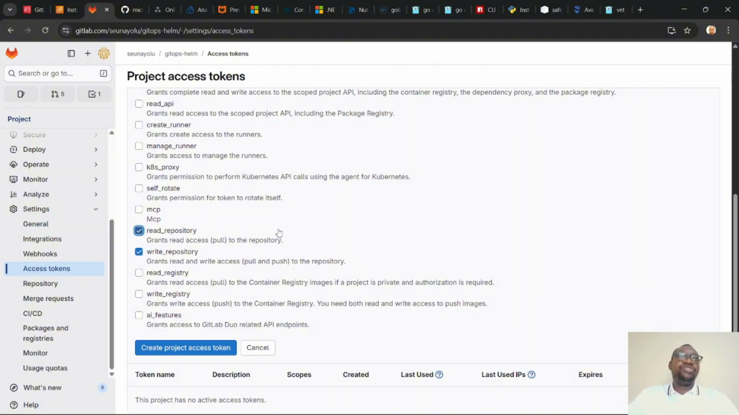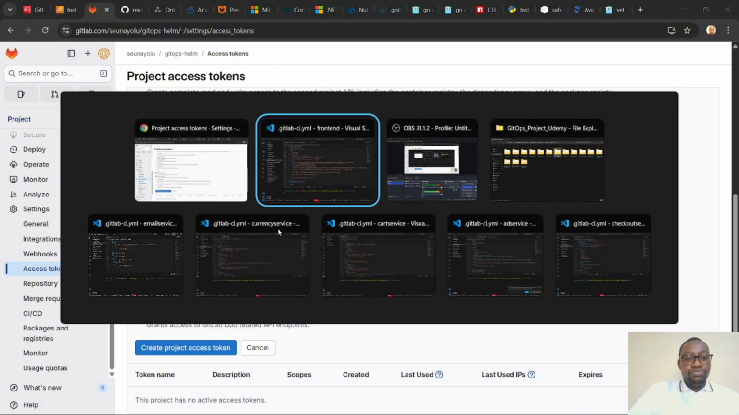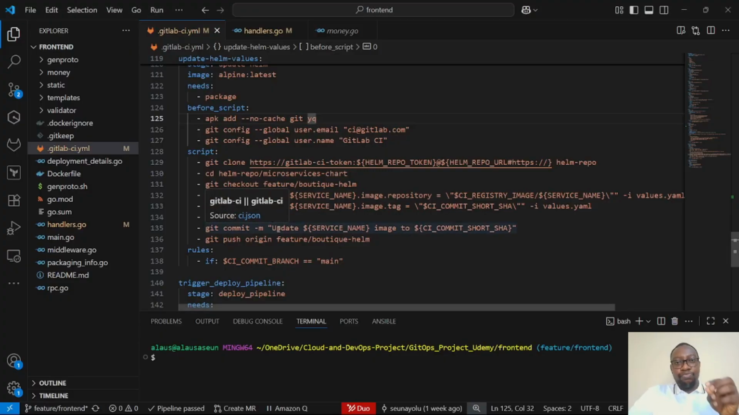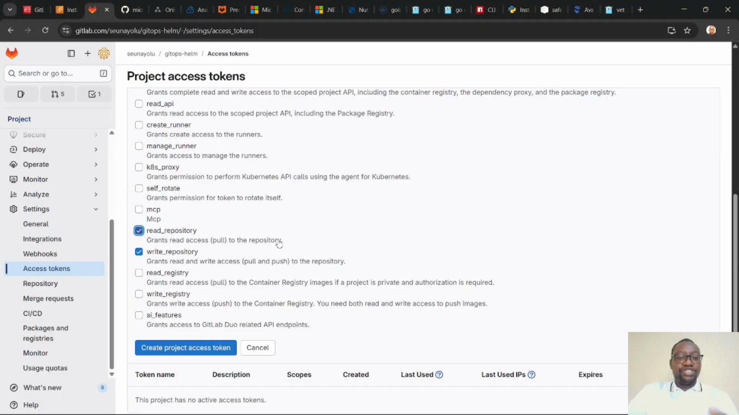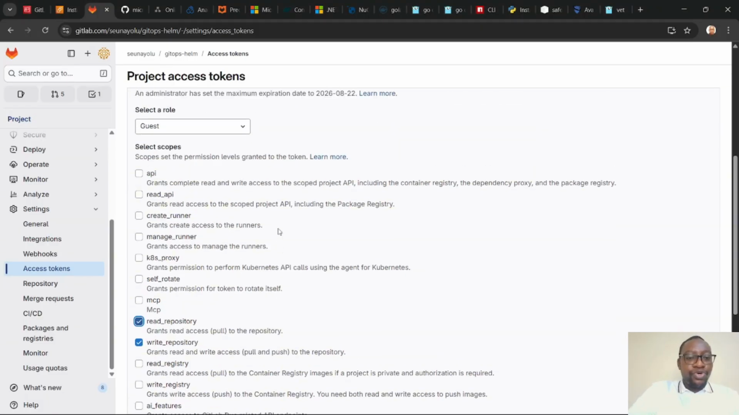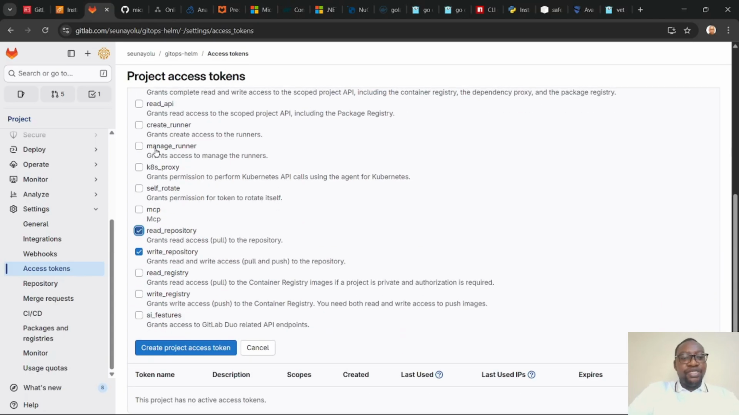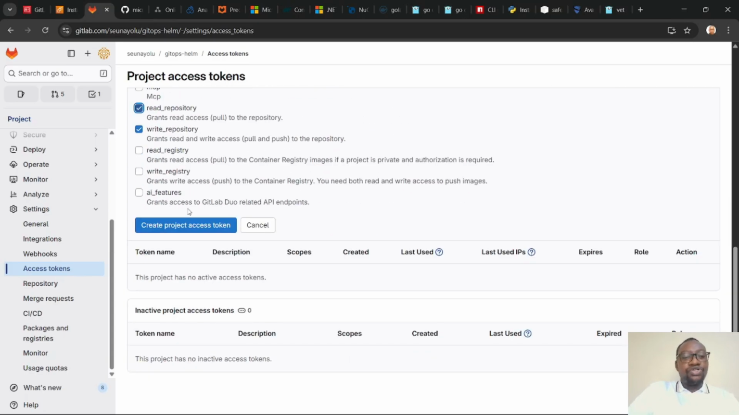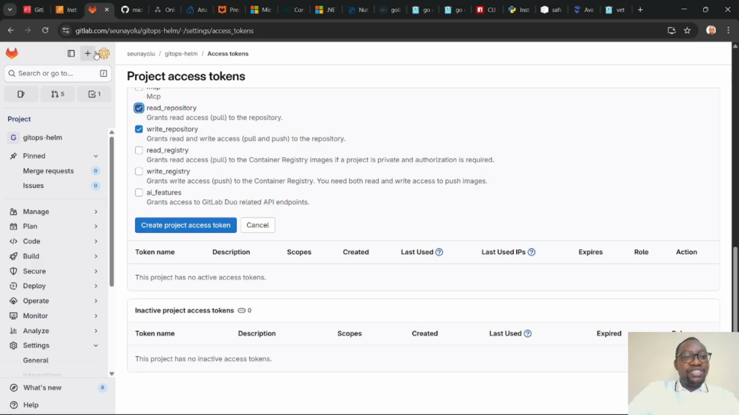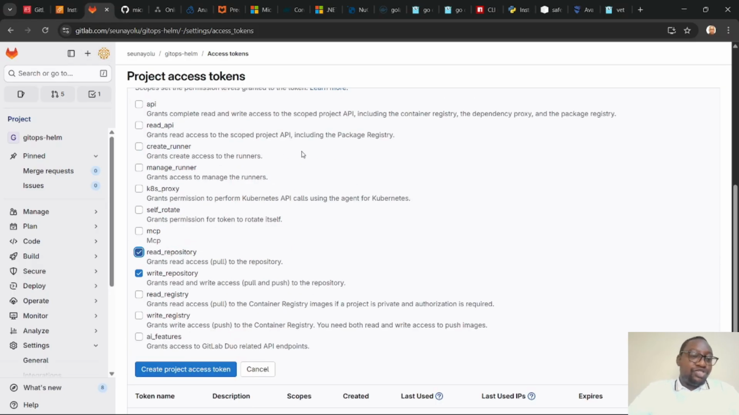I mean, you can give them those two permissions, because what we want is that the front-end project should be able to write to the Helm project, the right values of the YAML file. That's what we are trying to achieve right here. So you can actually create a project token, but if this project token is not going to work for you, another thing that you can also do, perhaps if you test it and it's not working,